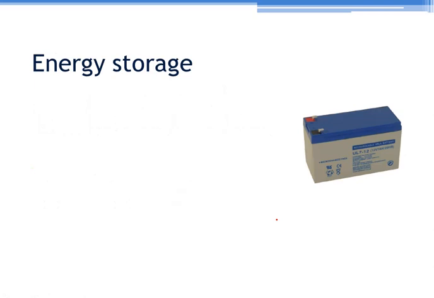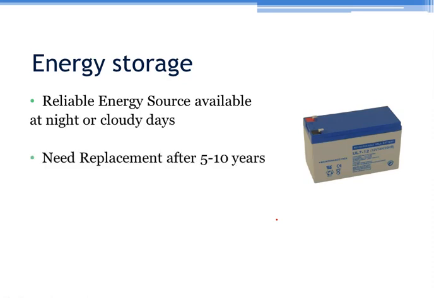Second part is energy storage. In a standalone system, if you want to store the energy, this energy storage will help you if there is a fluctuation in temperature or if there are cloudy days. Whatever DC power you get, you can store it in a storage element such as a battery, which is shown on your right hand side here. So the battery gives you a reliable energy source option at night or on cloudy days. Only thing is it needs replacement after 5 or 10 years. And when you go with this sort of control, you have to pay extra cost compared to the grid connected system. But it gives you the benefit that you don't have to depend on the utility.